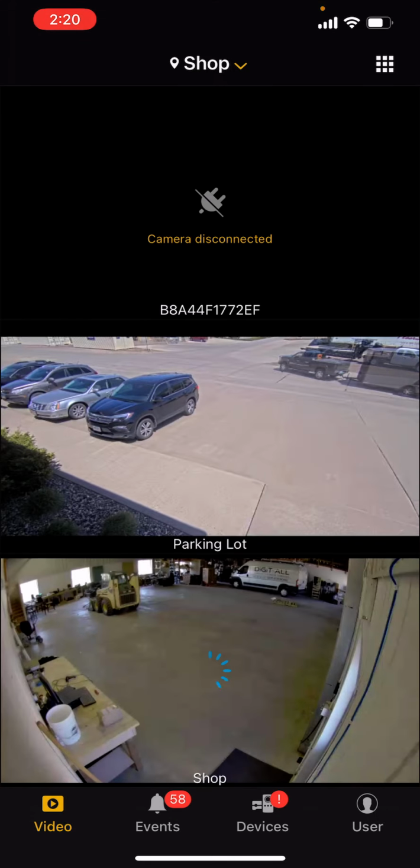So then I can click and I can pause my recording, and in the upper right I can go back to live view, and in the upper left I can go ahead and close out. So that basically does it for all of the basic features, and then in our third video we will go over some of the more